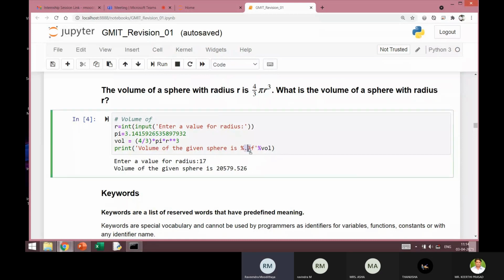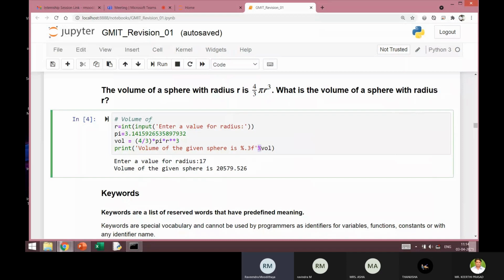So that's the reason why this 0.3 is there. So here this string is closed. In this position, percentage 0.3f, the value of VOL, that is volume, will be printed. So you can probably correlate the syntax of this string that we have written and the output that we have got. Volume of the given sphere is, and this is the value of the variable VOL.